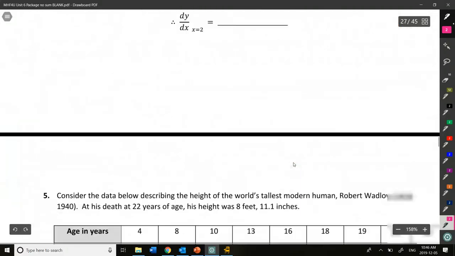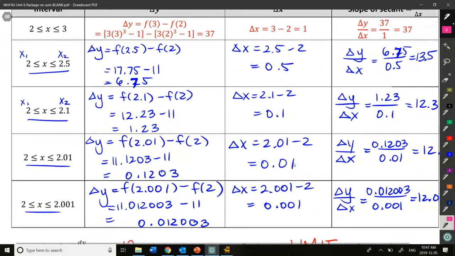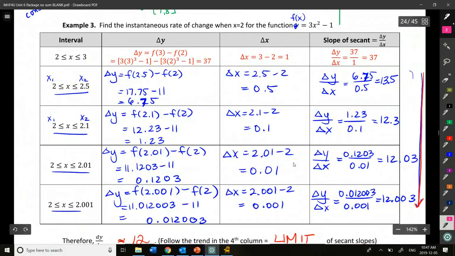That's really what we were doing in these charts up here. So if we look at our charts again, I had some x value that I was trying to find instantaneous rate of change at. It was x equals 2. And I was taking 2 points and bringing the distance between them closer and closer and closer together. So eventually we got to a difference between the x's of 0.001, right? So the closer we bring them together, the closer our slope of our secant approaches the actual slope of the